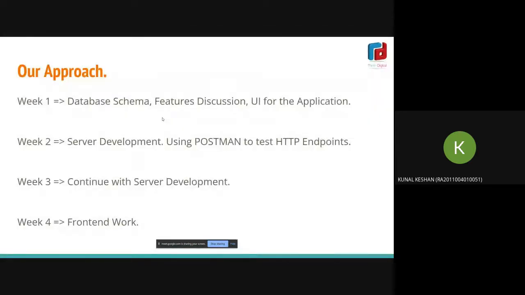All right. So, what exactly is our approach for building all this? I've given sufficient time, over 1.5 months. Obviously, I'll be working along with all of you, but I need equal contribution from everyone, right? So I've given enough time so that you don't get overwhelmed. At the same time, you have fun learning it also.